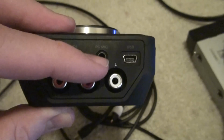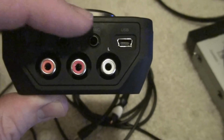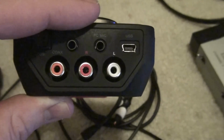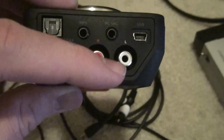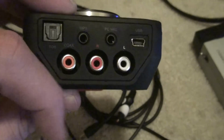And then there is this PC mic jack right here, which is basically a pass-through of the microphone that's going out. Anything that you're saying is being put through this jack, so that if you were playing on a PC, you could plug this jack into the PC's sound card and have that microphone audio go straight there. So,